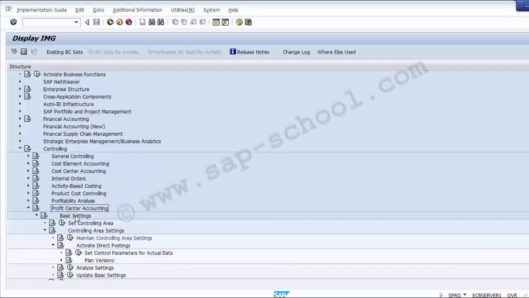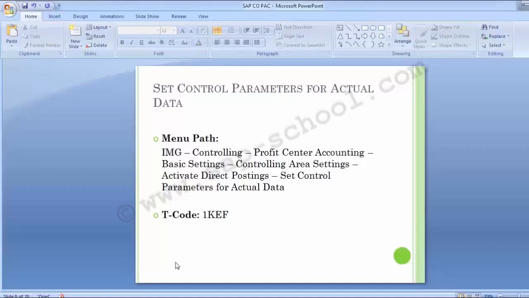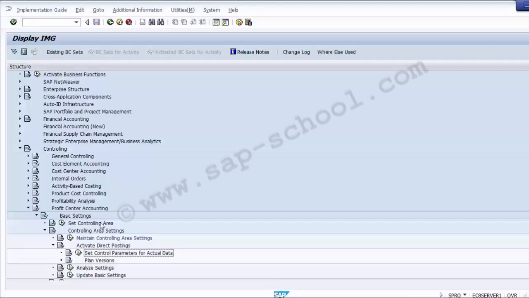So the path is simple: profit center accounting to basic settings to controlling area settings, then to activate direct postings, and in activate direct postings, set control parameters for actual postings. So now we can execute this particular option, or the path is even mentioned on this particular screen for you, which you can refer to. So we are in the second configuration step: set control parameters for actual postings. Now we can